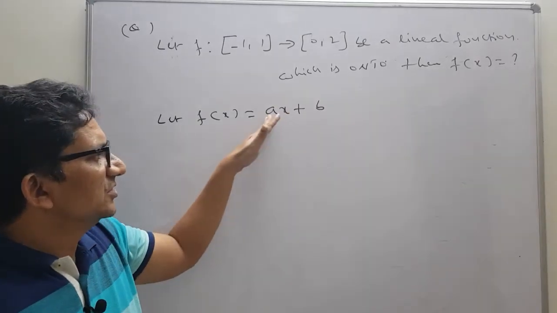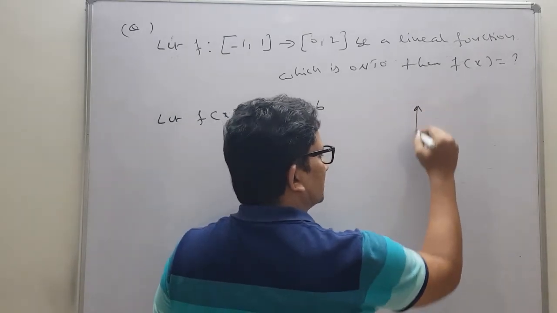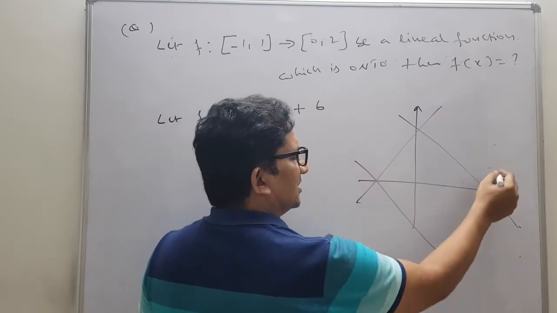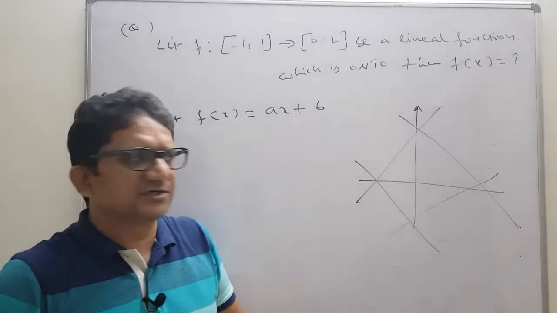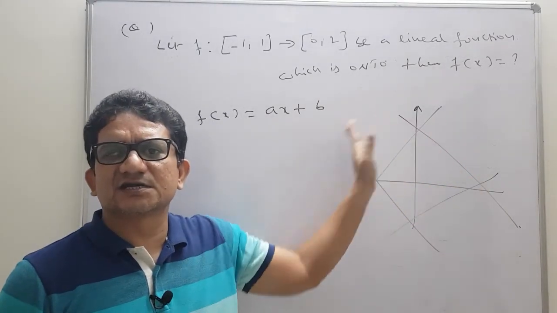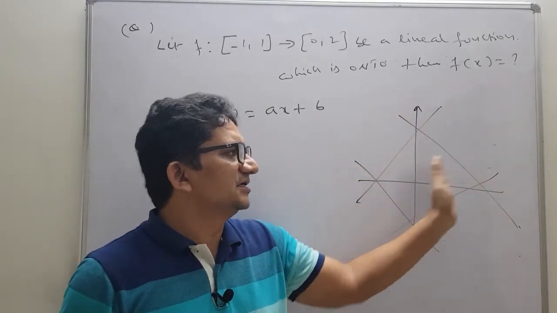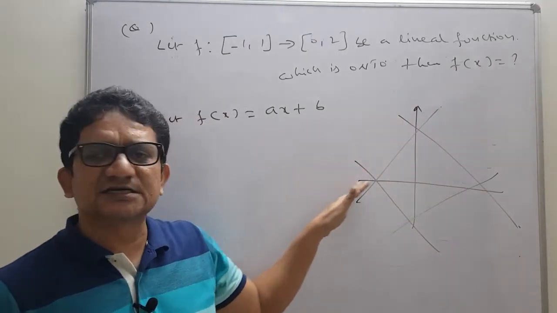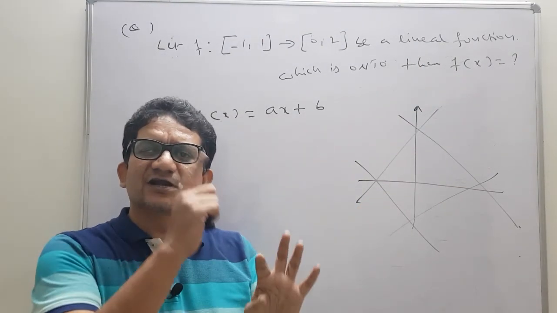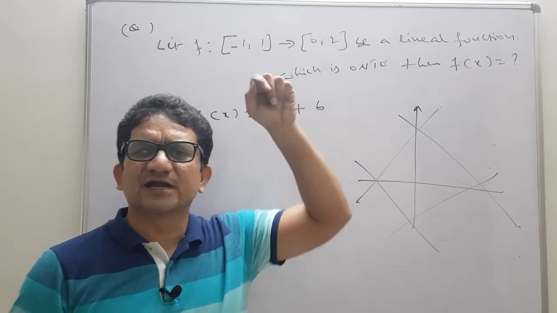Now we know ax plus b is a straight line, means there is a possibility of straight line with reference to axis either in this direction or in this direction, or here or here. These are the possibilities: first quadrant, second quadrant, third quadrant, fourth quadrant. A linear function may exist in all these places. So here, if we take this case, it is decreasing function. At this case, it is increasing function. That means there exist 2 possibilities for linear function. One is increasing function and other one is decreasing function. By keeping these 2 things in mind, we will solve this problem.